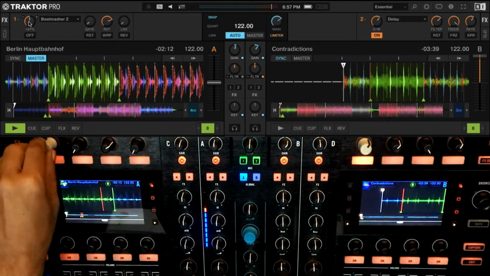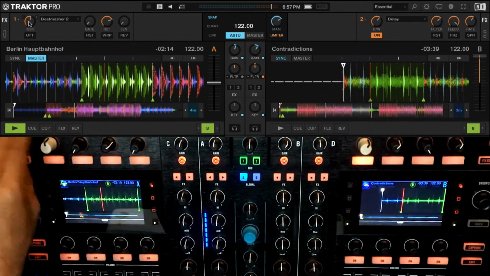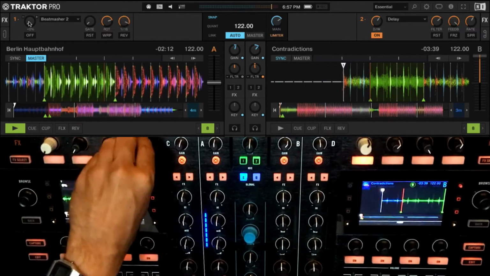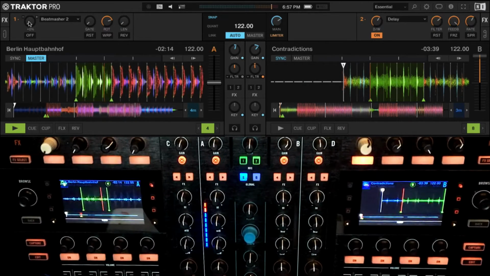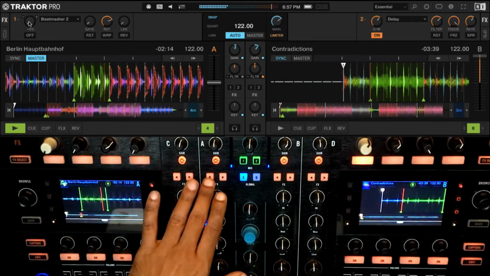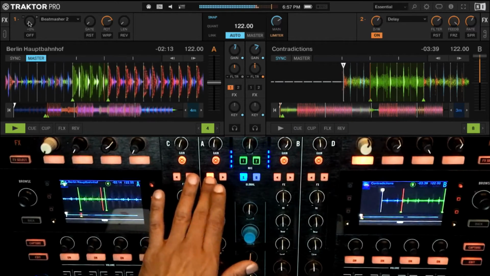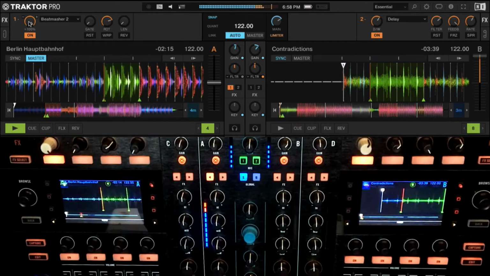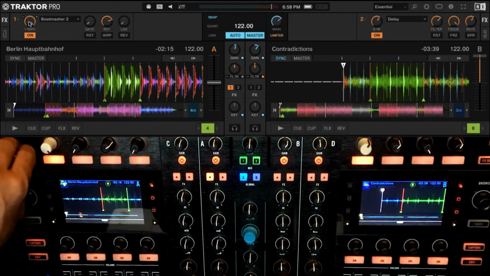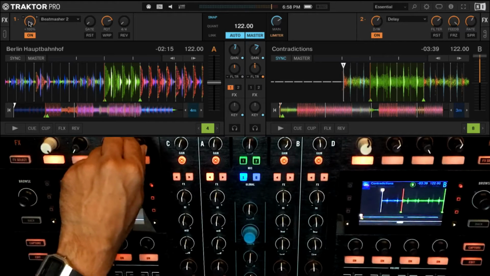Okay. So to start off with, let me enable the effect. Let me choose like 4 beats. I'm going to have this also on 4. I'm going to enable the effect. Turn on the Beat Masher. I am supposed to be able to grab the audio.